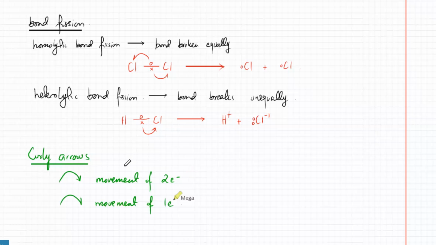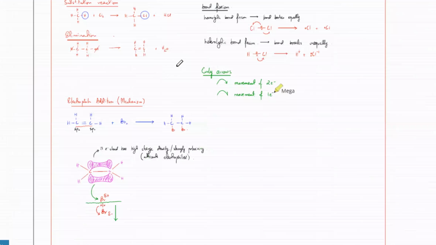So this one shows the movement of one electron. So you've got movement of two electrons and you've got movement of one electron. Like over here, one electron went to this Cl, so that's the movement of one electron. One electron went to this Cl, so that's the movement of one electron. So the arrows represent the movement of electrons. They don't represent the movement of the atom. They don't represent the movement of the ion. Like over here,